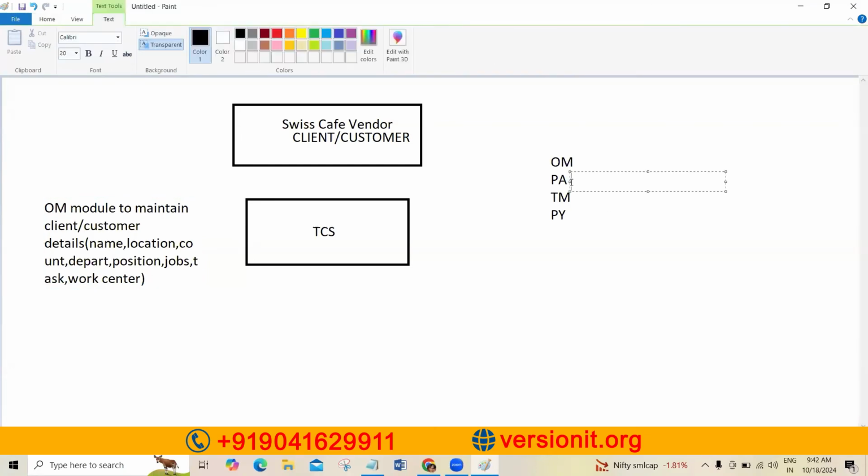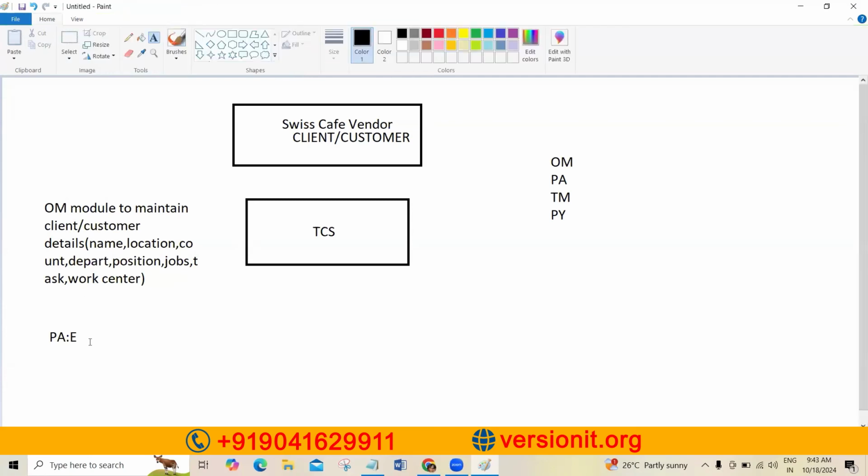Now coming to the PA module. PA module purpose is employee information. PA full form is personnel administration. OM full form is organization management. The name itself says organization management: the client organization information we are going to manage in this module. PA means personnel administration module, and employee personal details we are going to implement here,